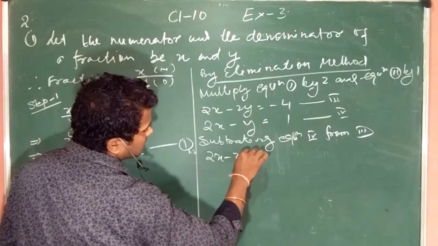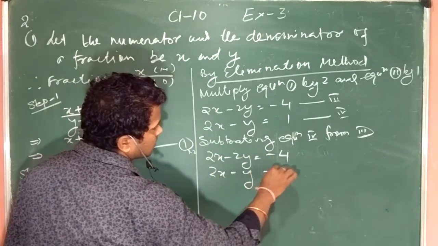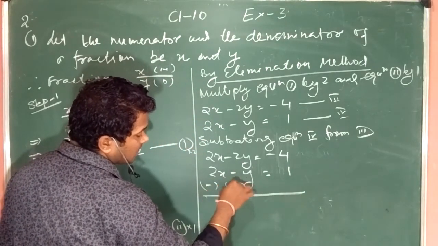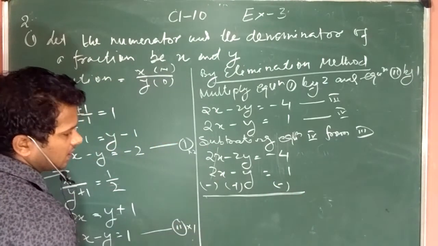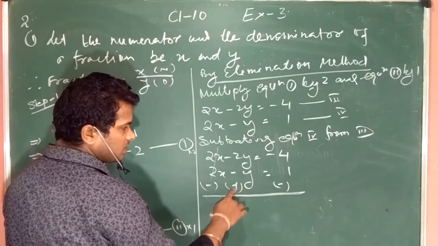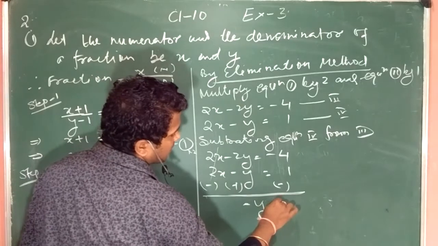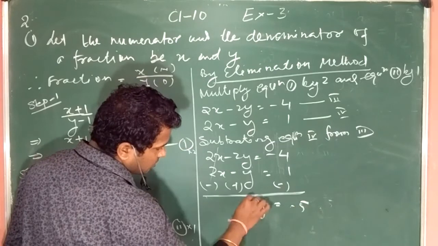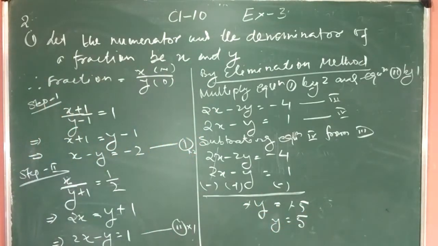So 2x minus 2y is equal to minus 4 and 2x minus y is equal to 1. Simply we change the signs: here minus so plus, here plus so minus. The 2x always cancels. Now minus 2y minus 1y gives only 1y, but the minus side is bigger, that is why it is minus. Here minus 4 minus 1, since we are doing the addition, is minus 5. So the minus signs cancel, that means y is equal to 5. It is confirmed that y is equal to 5.